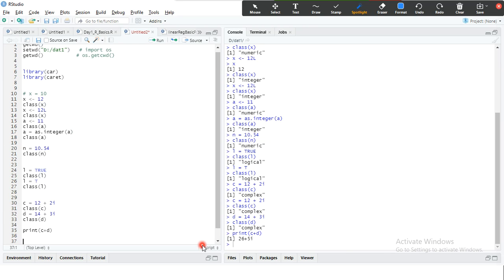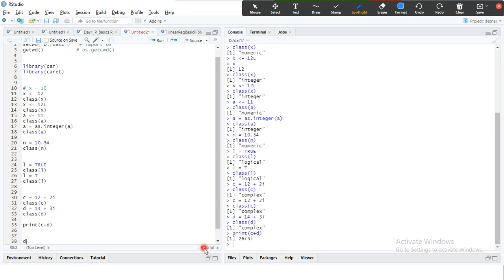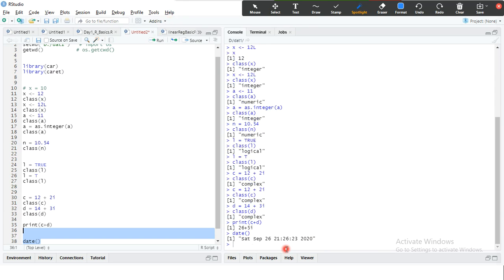And also we can use the date data type. Okay, the date data type, we will see it a little later, right? There's something called date function, right? So date function is available. Look here, using date function, it gives us the day and month and the date, and then hour, minute, second, and year.